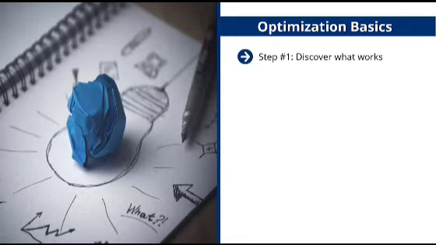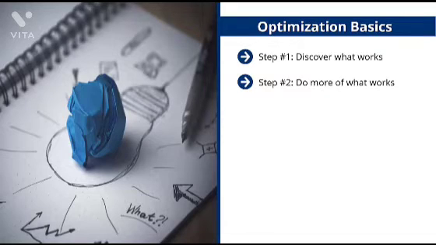The first thing that you need to do is to lay out as many different traffic generation systems and pick the ones that work. These are the ones that actually deliver traffic. Pick the top 5 traffic producers, or if you have a lot of time to spare, the top 10. Step number 2, do more of what works. Concentrate on your top 5 or 10 traffic sources. Either saturate these or find others similar to them and draw traffic from those other platforms. Do more of what works.